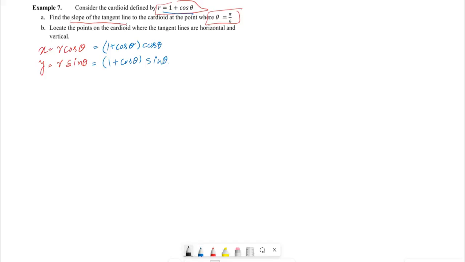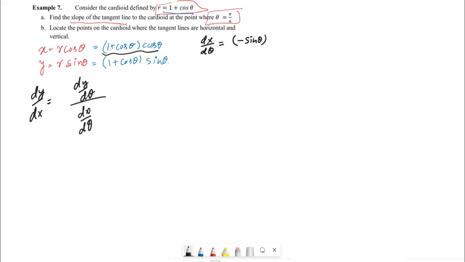That can seem like a parametric equation with parameter theta, so we can use dy by dx is equal to dy by d theta divided by dx by d theta. So let's find dx by d theta by differentiating this with respect to theta. Product rule: what is 1 plus cosine theta's derivative? Negative sine theta times cosine theta plus 1 plus cosine theta times negative sine theta, which is equal to